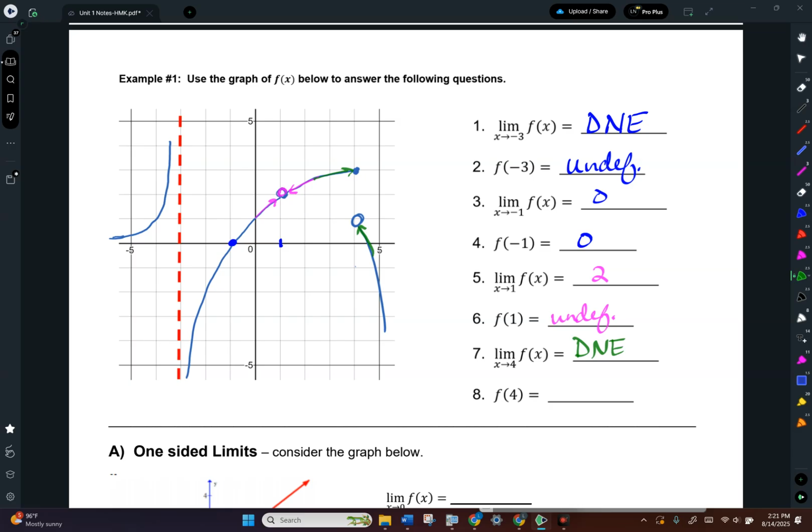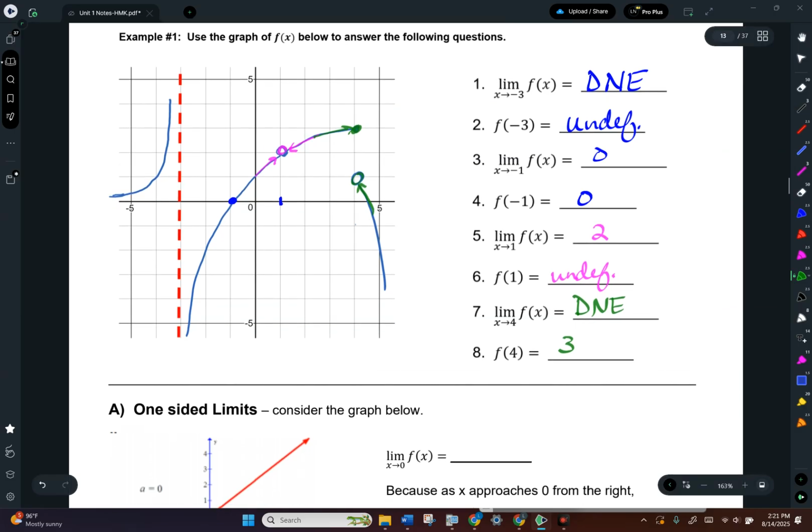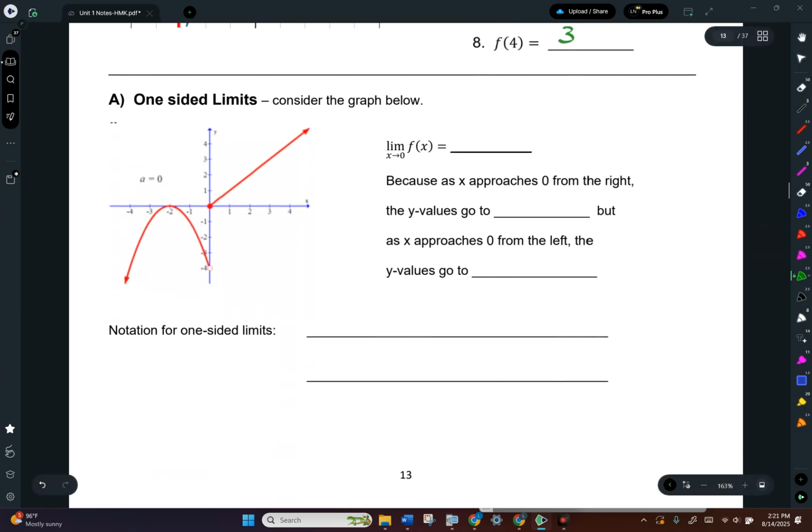Well, where is the actual point? Not here, this is the hole. But there is an actual point right here, so if x equals 4, the actual y value is 3. So if you're watching this for AP Calculus, that's kind of the end of the notes for them. But if you're sticking with Honors Calculus, we're going to go on and talk about one more concept, and it's